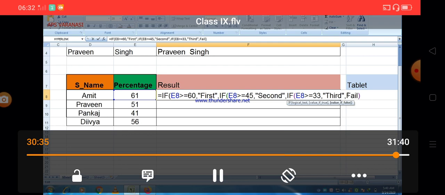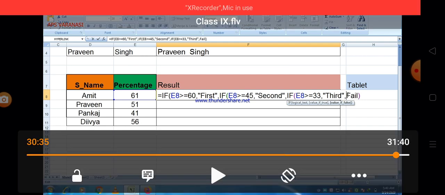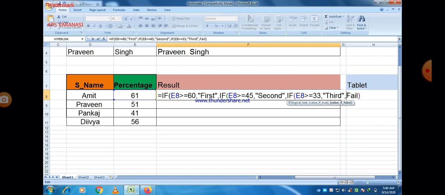So what happens here, listen very carefully: first of all E8 is checked whether it is greater than or equal to 60 or not. Now there are only two possibilities. If it is found to be greater than 60, then First will be printed. But there is another possibility that E8 may be less than 60. Then the second condition will be checked, meaning whether E8 is greater than or equal to 45 or not.